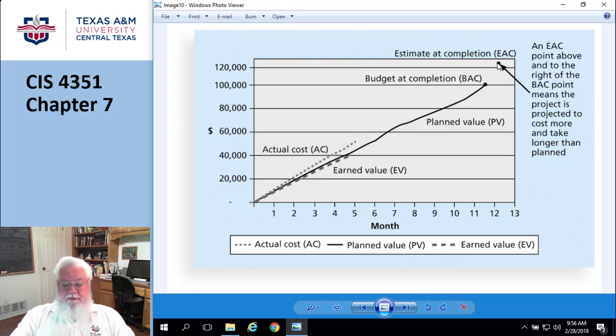So the estimate at completion is what it's going to likely cost, and the budget at completion is the budget. Budget doesn't change. Okay, the budget doesn't change. So subtract those two, estimate at completion and budget at completion, and you come up with a figure. Okay, so